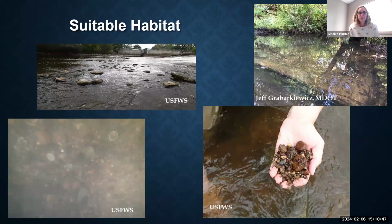But for some species like slipper shell that's state listed or salamander mussel that's proposed, there can be quite different habitat that those species occupy. For slipper shell, they might be found in a backwater area that's mucky or silty. And once again, for salamander mussel, they're found in that mud puppy shelter habitat. So quite outside areas where other species like our federally listed mussels or other state listed species would